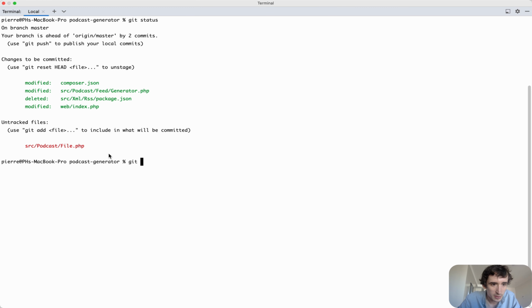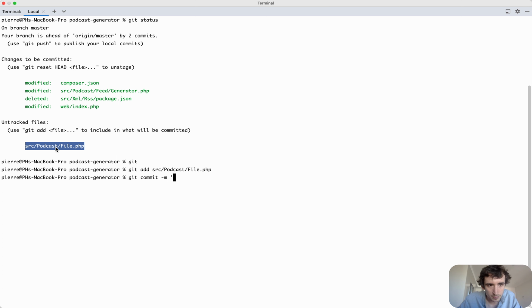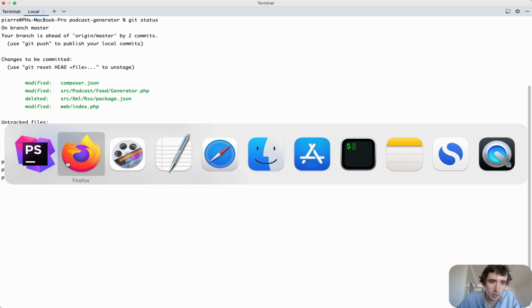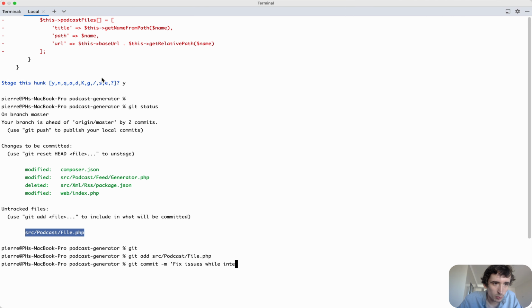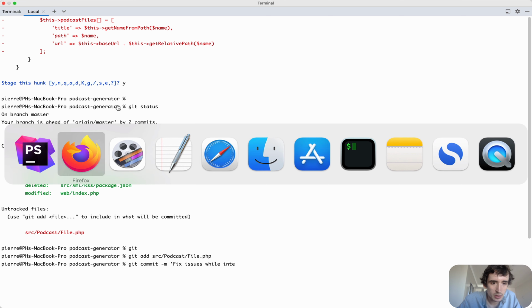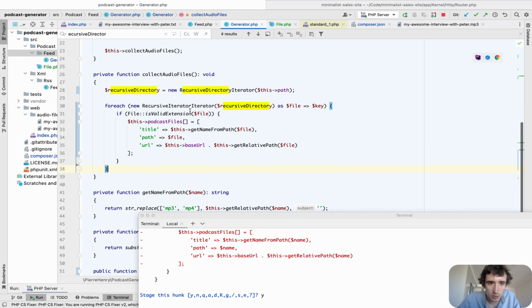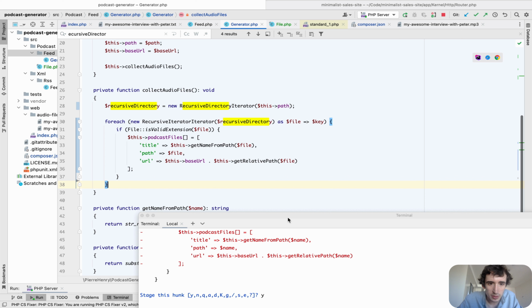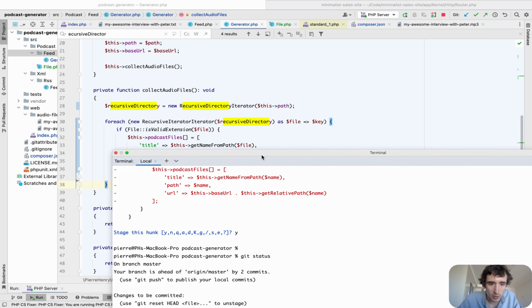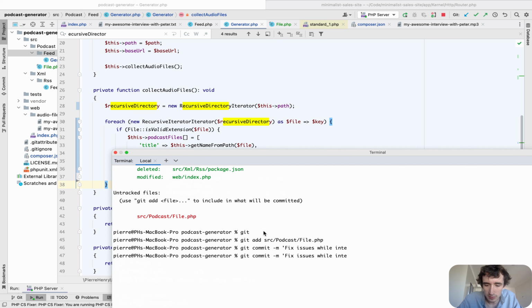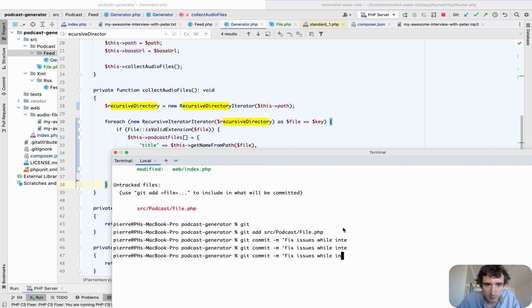So that's it actually. And obviously, I didn't commit the file folder, so we also commit the file folder. So, fix issues while... what we did actually. I will again make it smaller. The changes we did were mostly about the recursive iterator. So what I will do is fix issues while